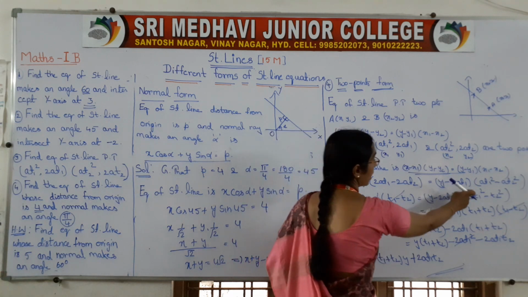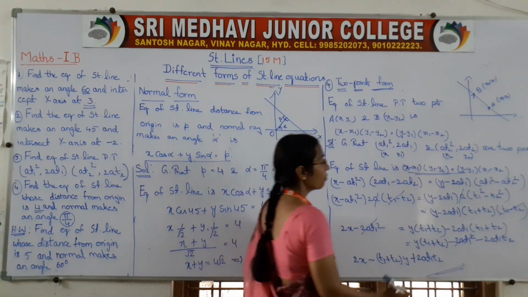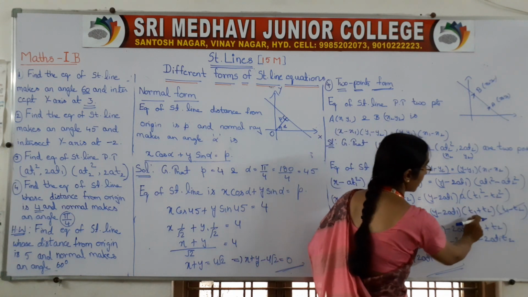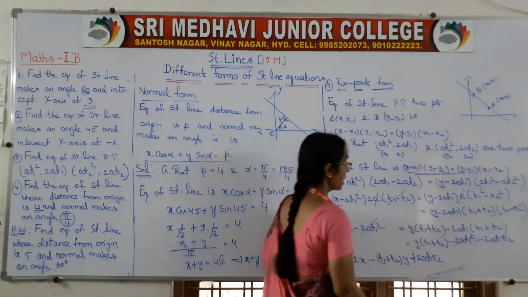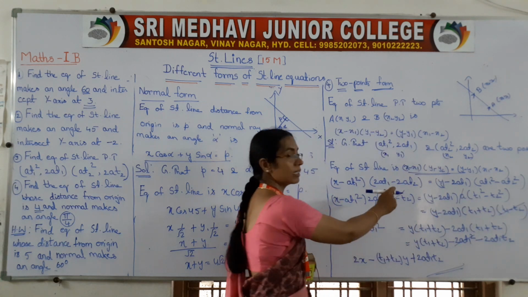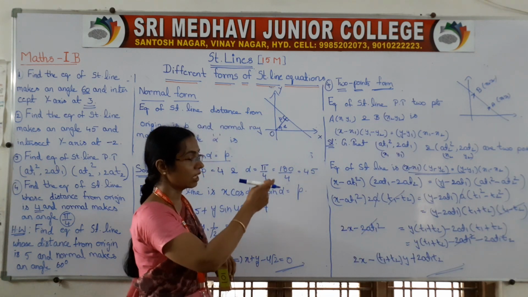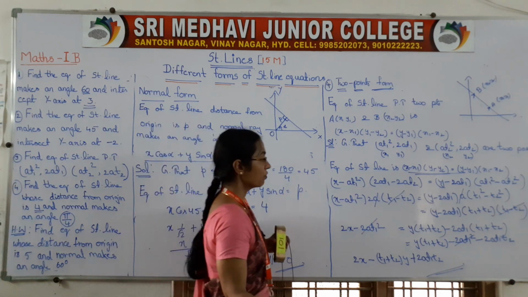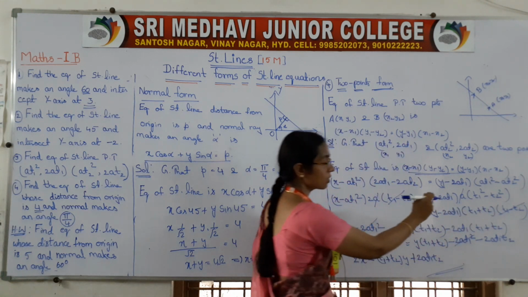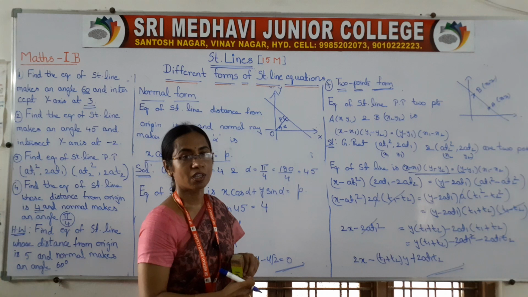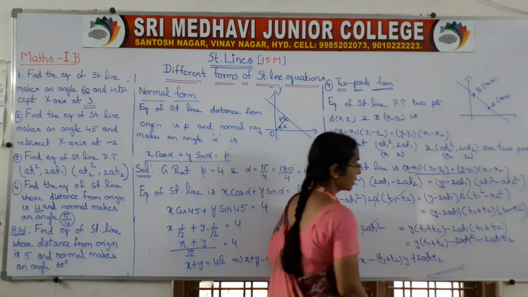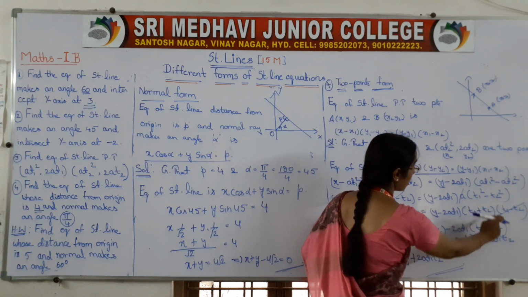So both sides a will get cancelled. After that, it is of the form a square minus b square, so we can write a plus b into a minus b. Now observe both sides: this side t1 minus t2 is there, this side also t1 minus t2 is there. Both can be cancelled. After that, you multiply y into this term. This is t1 plus t2, some constant. t1 is constant, t2 is constant. So some constant into y, minus 2a t1 into t1 plus t2.